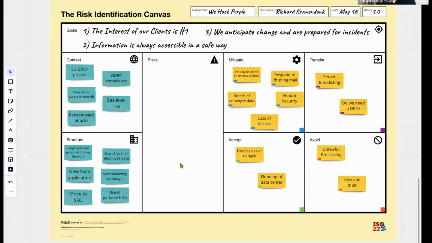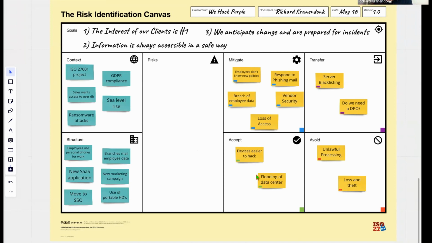Now in a larger organization, not every team has the mandate to make all these decisions. So usually there's less discussion about the mitigation part. But certainly, if a team says, well, we accept this risk, the compliance manager or the IT security officer may say, well, that's not for you to decide, because there are other things in play and we need to control these risks. So here you start a dialogue between